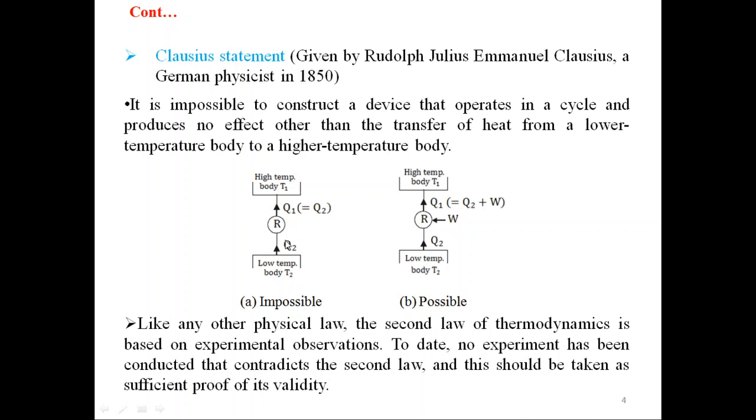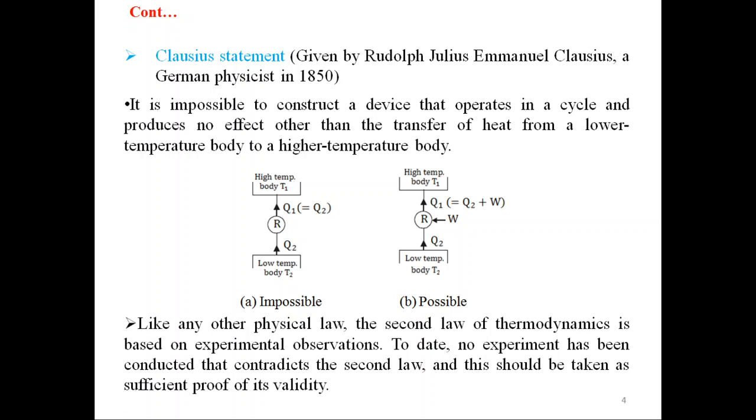In this figure A, R represents the refrigerator. Now this refrigerator is extracting Q2 amount of heat from a low temperature body at T2 temperature and it is supplying or rejecting Q1 amount of heat, equal to Q2, to the high temperature body at temperature T1. Such a refrigerator is not possible because we cannot supply heat from a low temperature body to a high